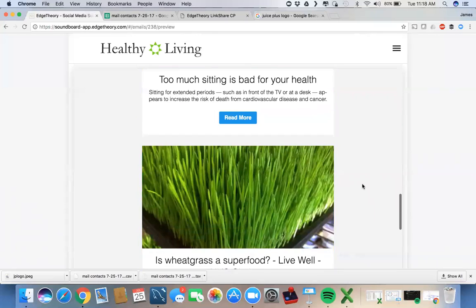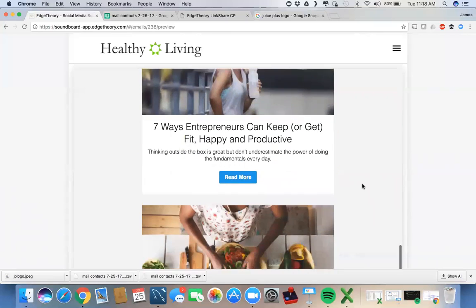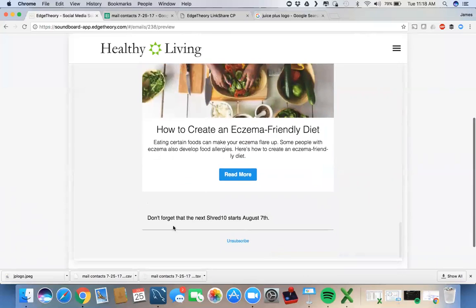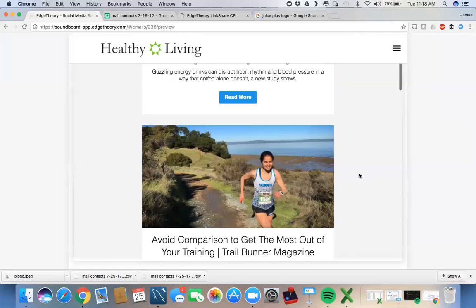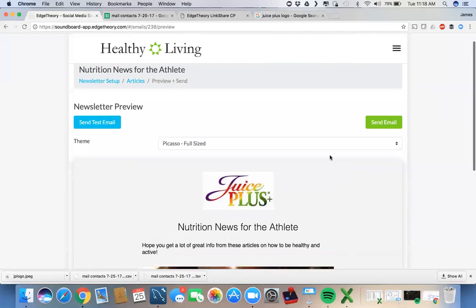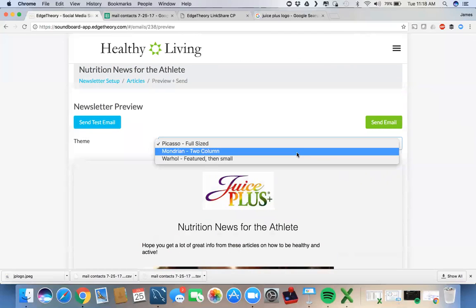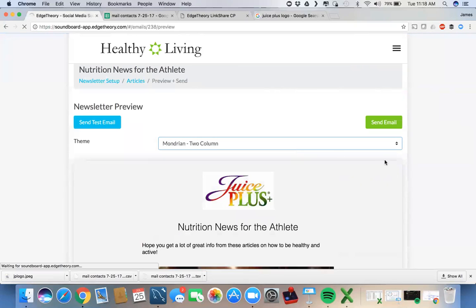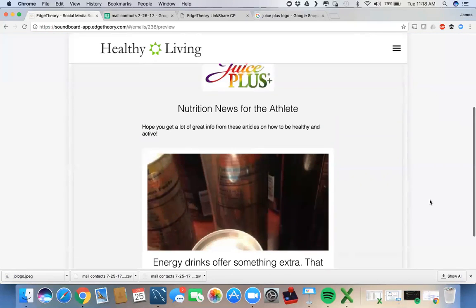All right, so here's the layout with everything blown up to full size. Here's the final parting text, and you can, of course, put a signature in there if you want. Now, we've got another layout here that is 2-column, and what the 2-column layout does is it's going to make the first article